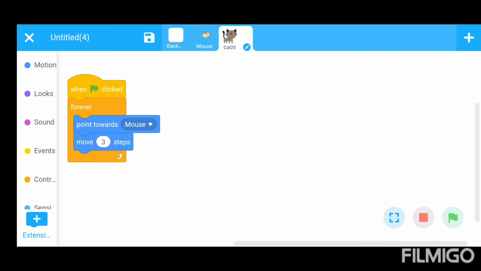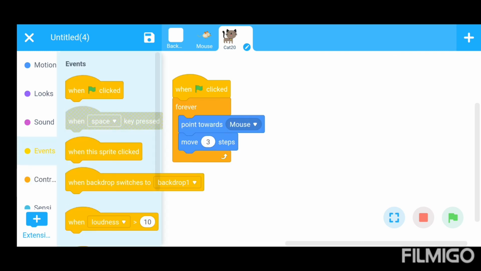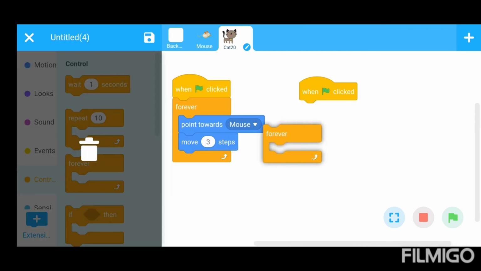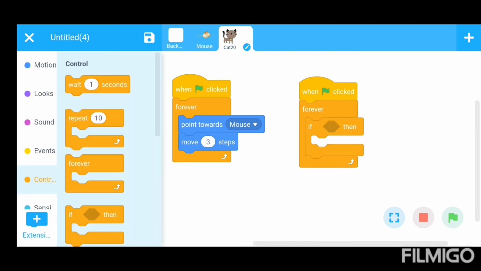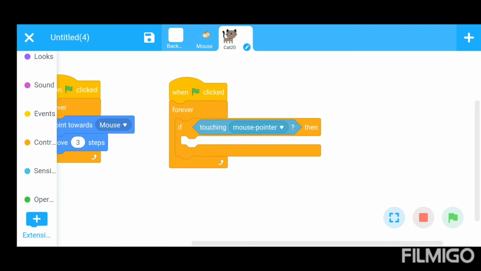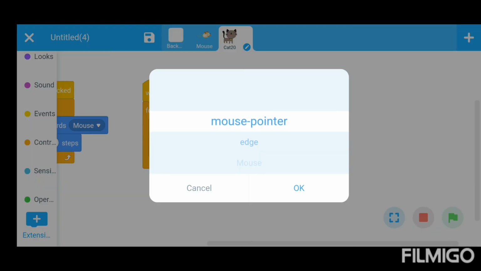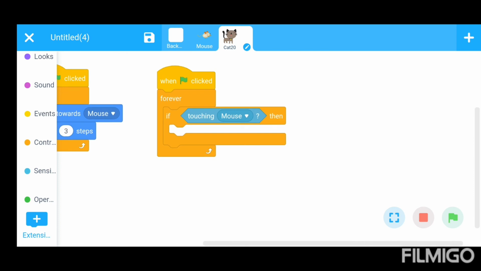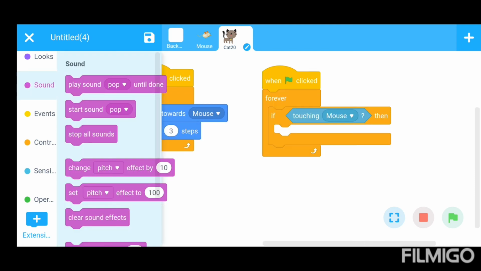Again, if the cat touches the mouse, there is a meow sound. For this, same process: when play clicked, control section forever, then if then, go to the sensor section, use touching mouse pointer, replace mouse pointer with mouse, and go to the sound section.